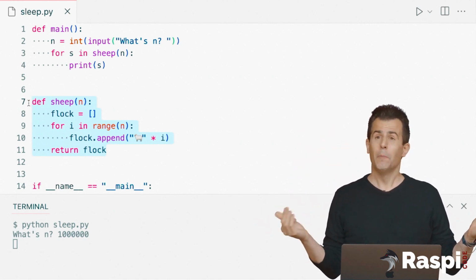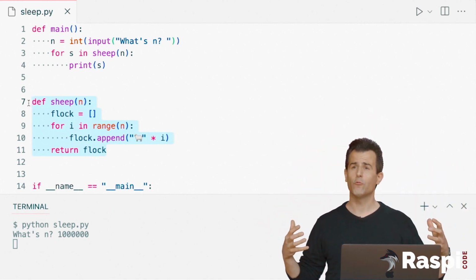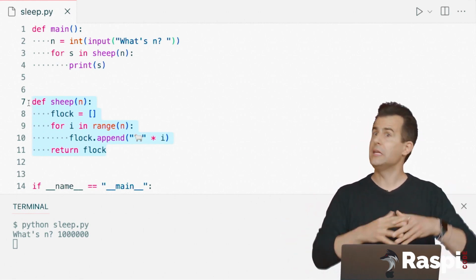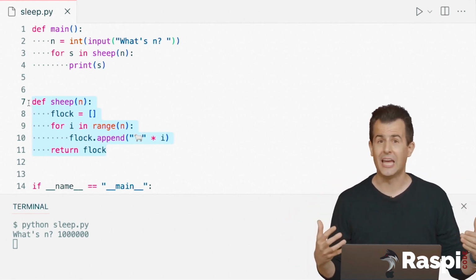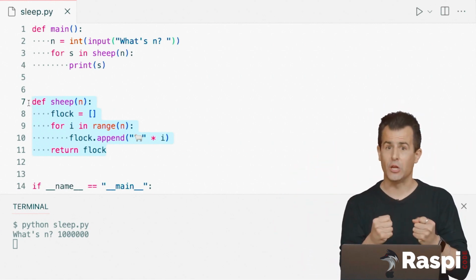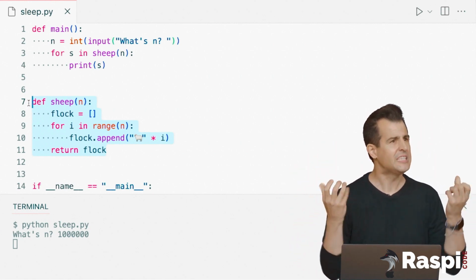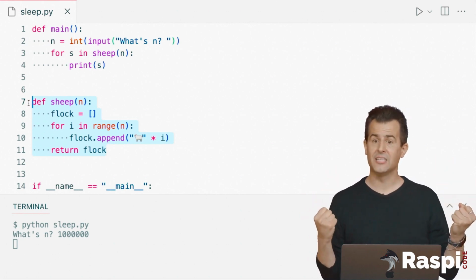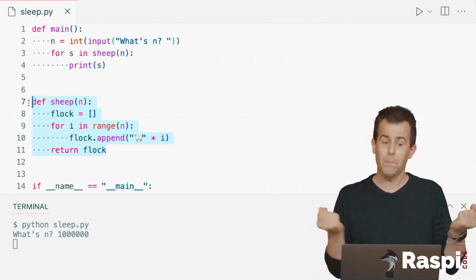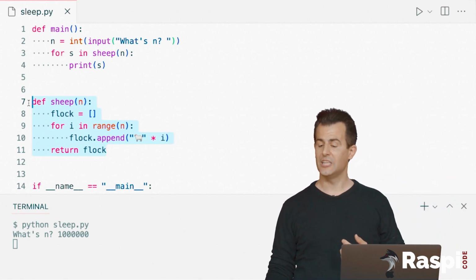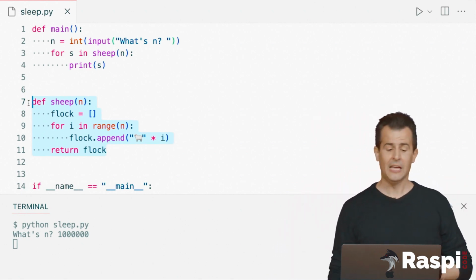Well, we could do that, but that's really a step backwards. That rather contradicts all of the lessons learned of the past few weeks, where generally not putting everything in main is a good thing. Generally having an additional function that you can then test separately with unit tests is a good thing. Do we really need to give up all of those best practices just to print out some sheep and here fall asleep? Well, it turns out there's a solution to this problem, and namely in the form of